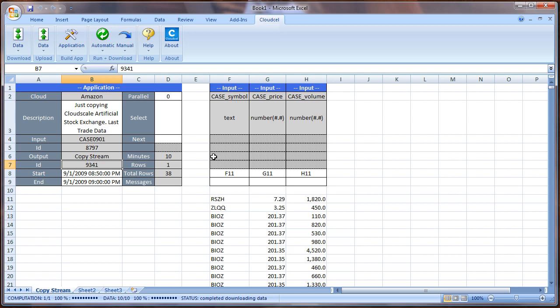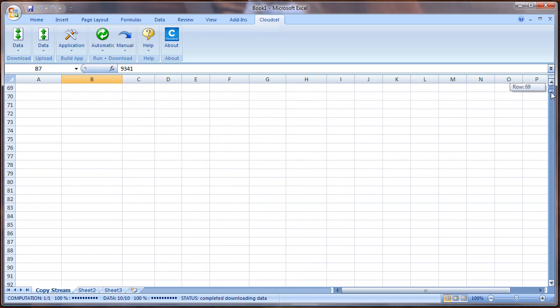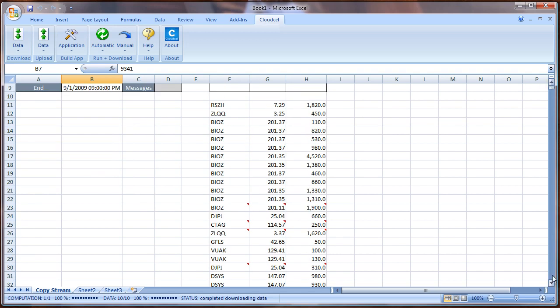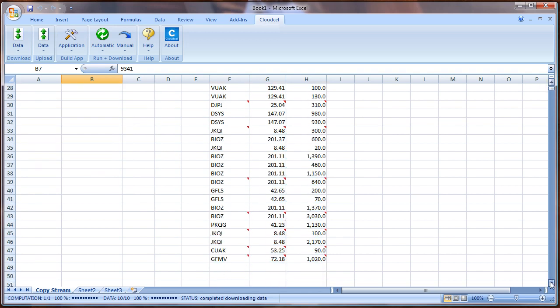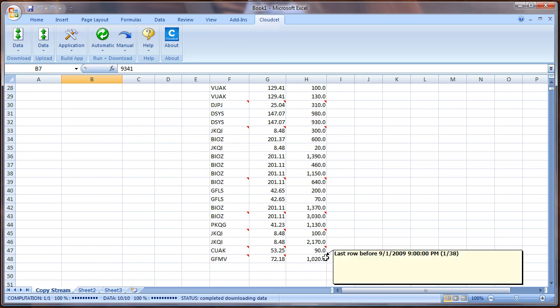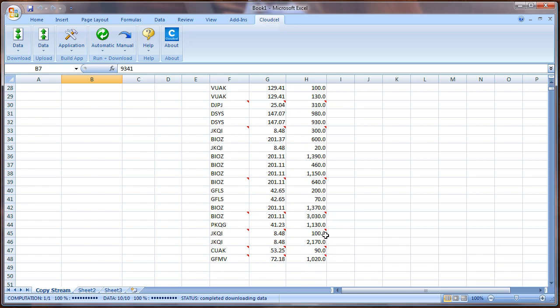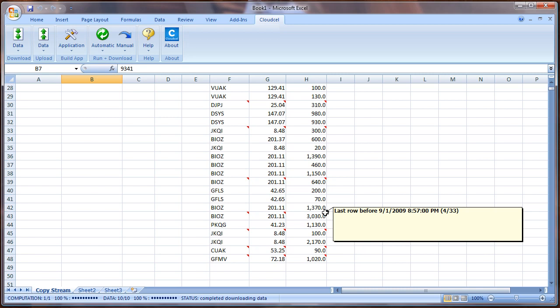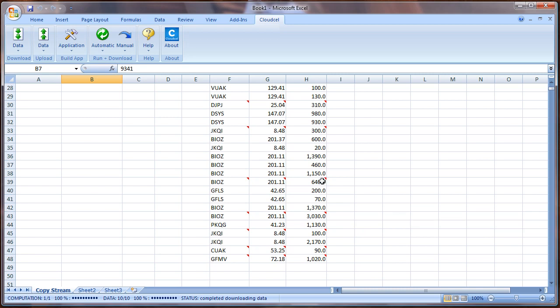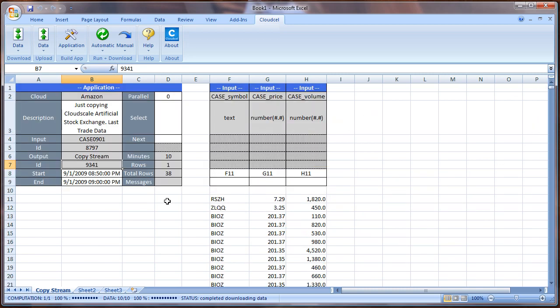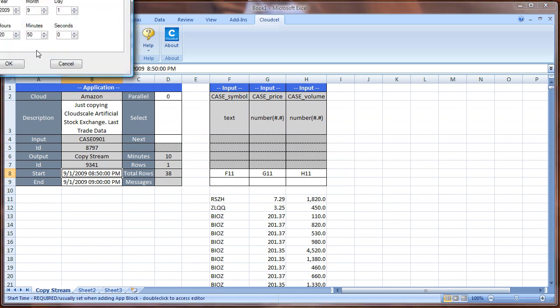In fact, there should be more data than that. Actually, maybe not. So this is the end of the trading day, and we can actually see that the trades were few and far between late at night. Of course, if we chose an earlier time in the trading day, we'd find many more. I don't know what would be a good time. Would probably be, I don't know,